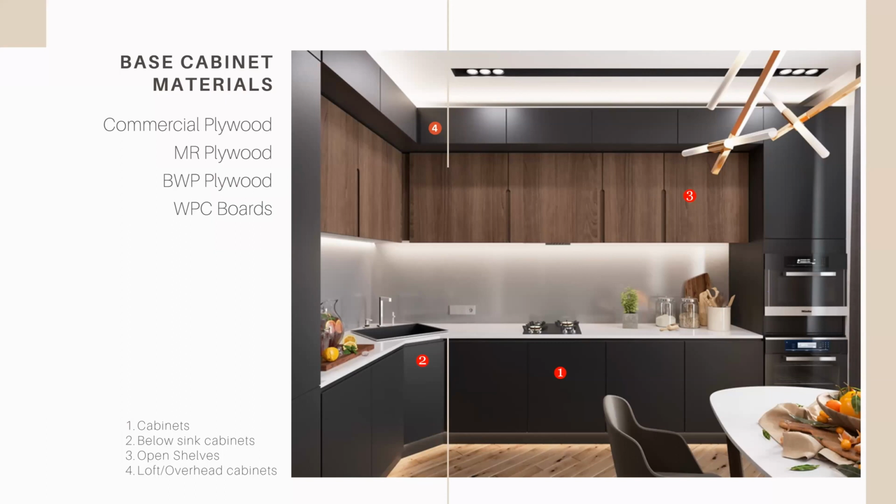This could be debatable also. Some people might have another thought process against this, but this is the perspective of my firm on how we choose the material. Anything for the base cabinet, anything below the counter, we prefer to use boiling water proof plywood. If someone doesn't know what boiling water proof is,